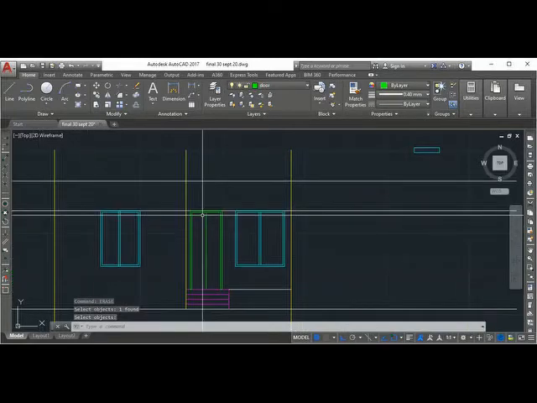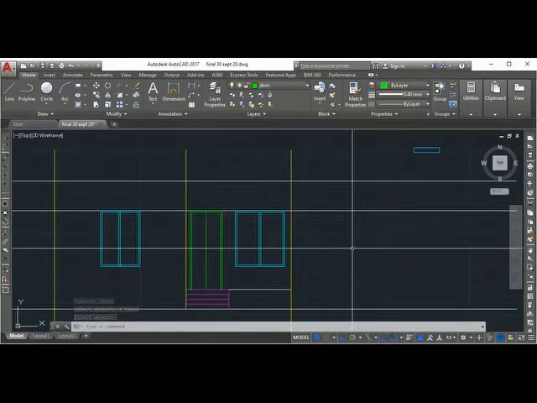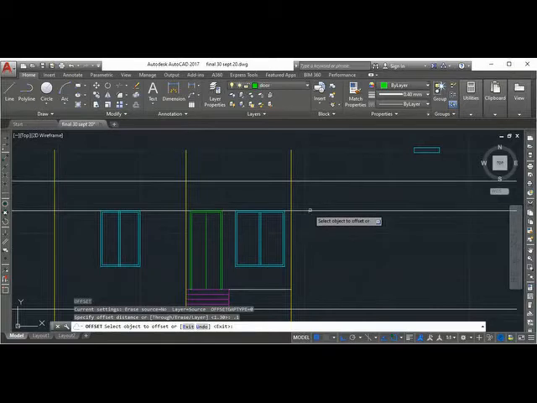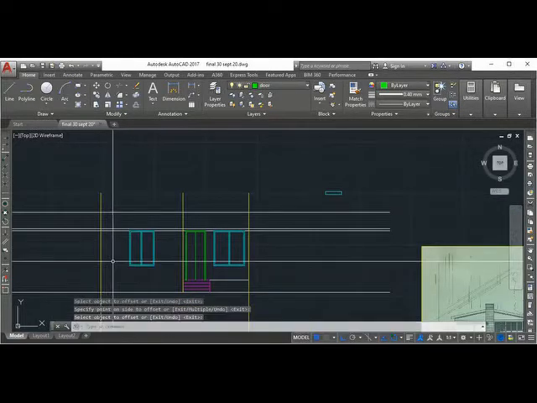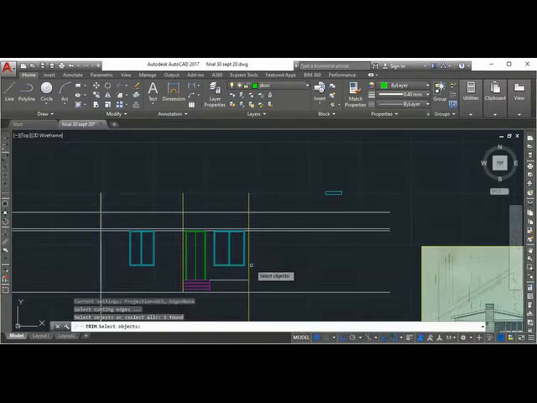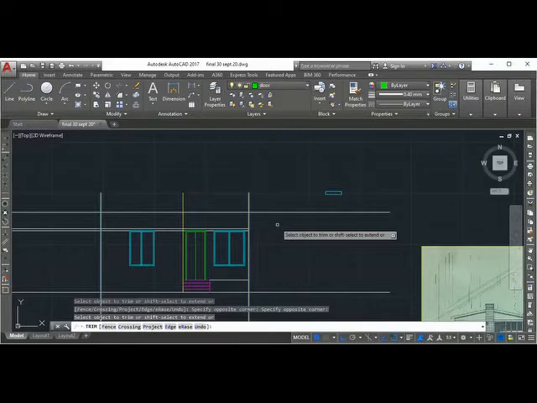And this is your sunshade, which I told you, you have to offset for 100 mm. I will trim this. So your sunshade is over. This is your sunshade. Actually, this sunshade will come here, and another sunshade will come here.